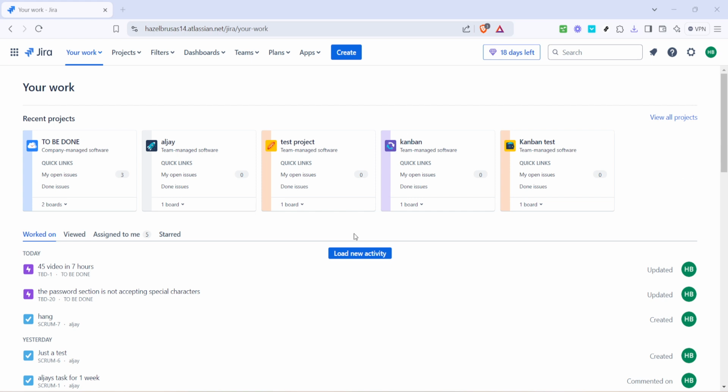First things first, we need to get you to the starting line. Open your web browser and log into Jira. Once you're logged in, you'll find yourself at the dashboard, a central hub for all things Jira. The first action you'll want to take is to locate the section named Your Work. This is usually accessible from the main navigation menu.